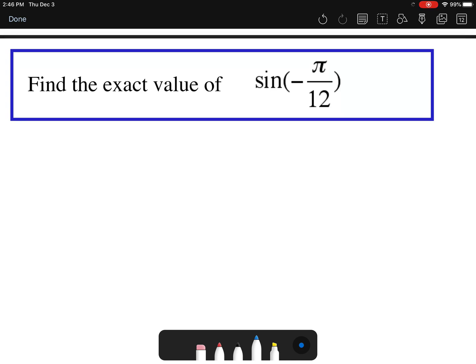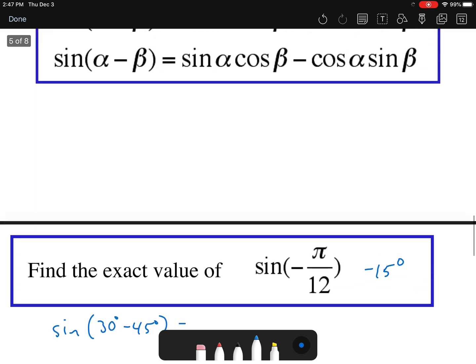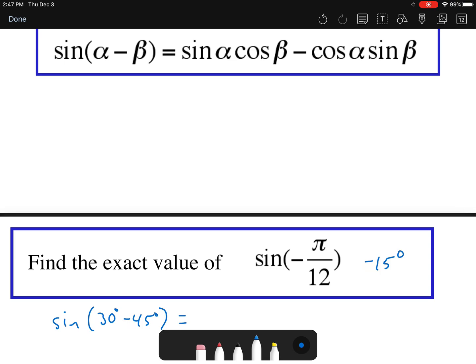So how do we find the exact value of sine of negative pi over 12? Well, the first thing I would do, if I were you, is say, okay, that's negative 15 degrees, because it's way easier to work with degrees on this. So what gives me negative 15? Well, how about 30 minus 45? Now, there are multiple ways to do this, okay? But I'm going to use 30 minus 45. So if I use this formula, I'm going to use the minus one up there. So I picked 30 to be alpha, 45 to be beta,